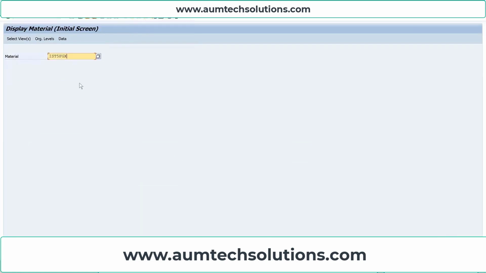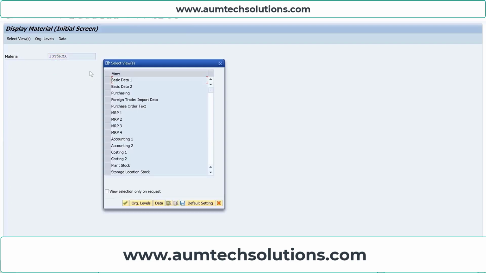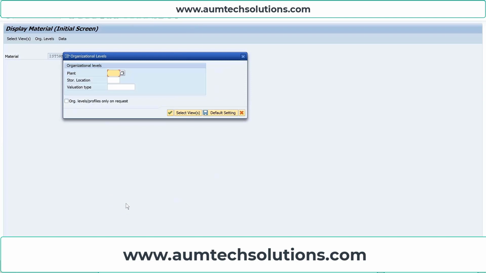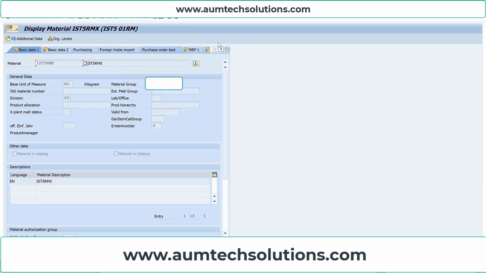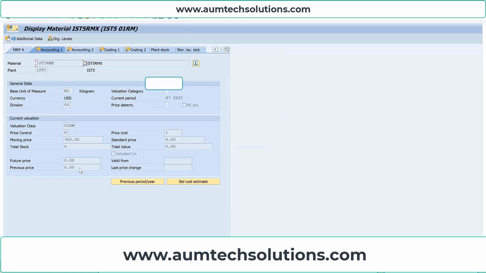Next, go to the material master, and enter the raw material IST5 RMX. And you can see the moving average price.